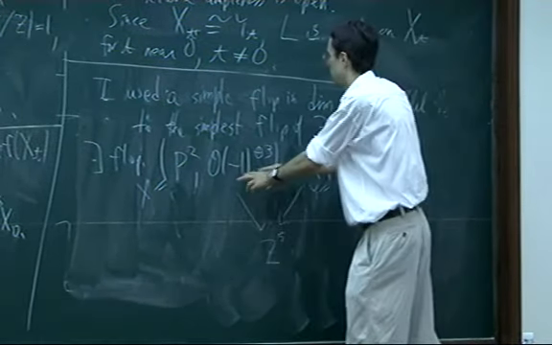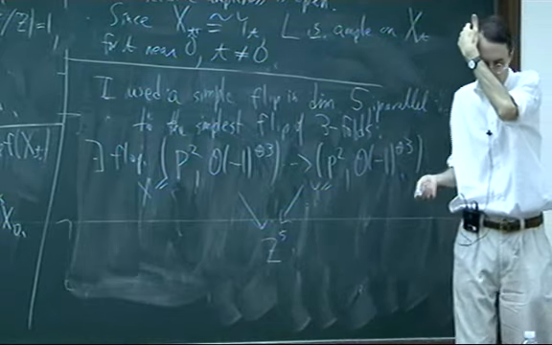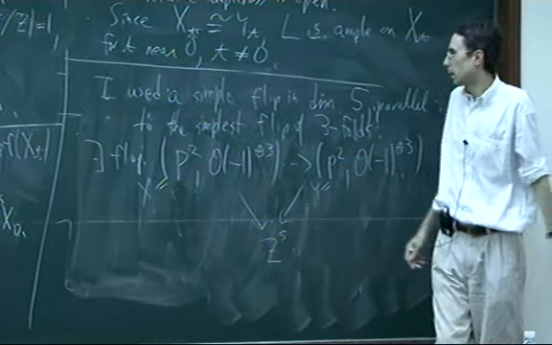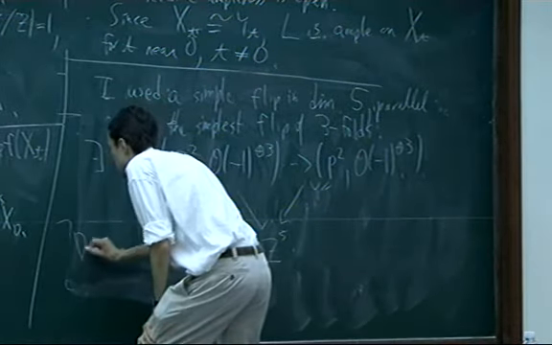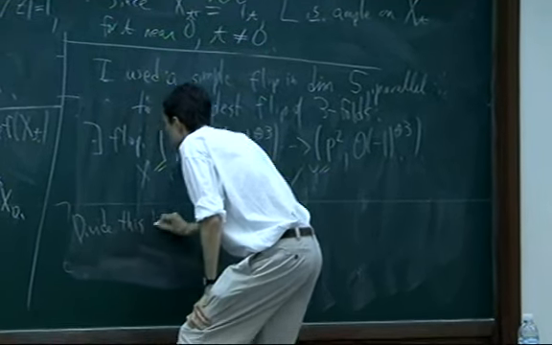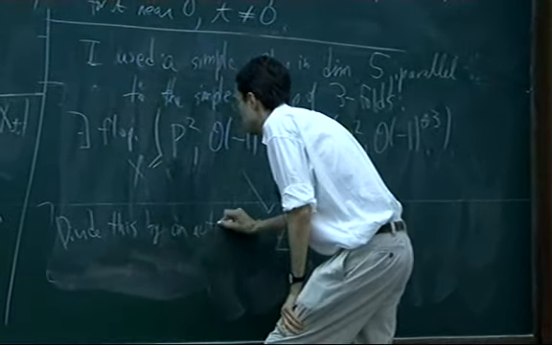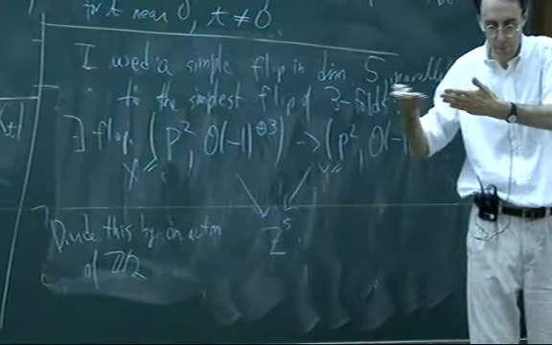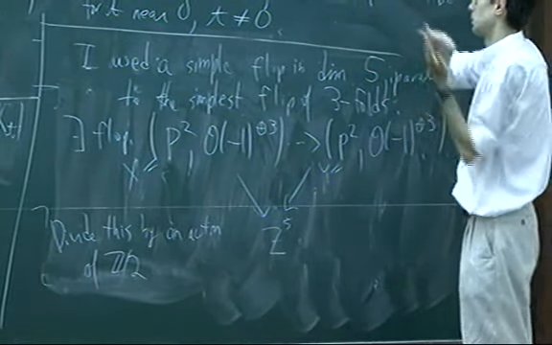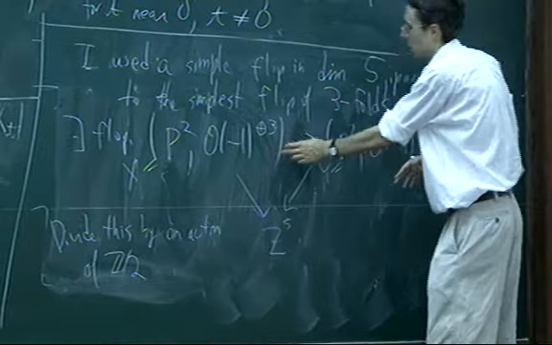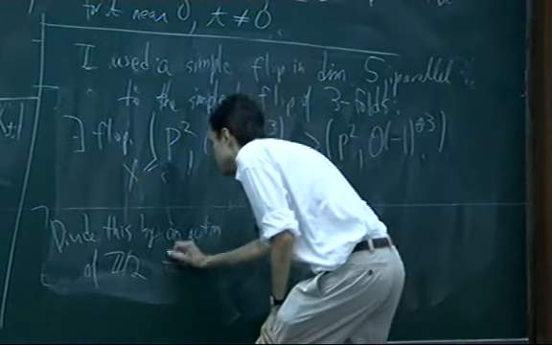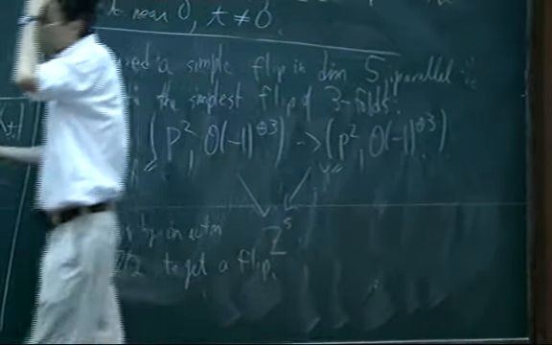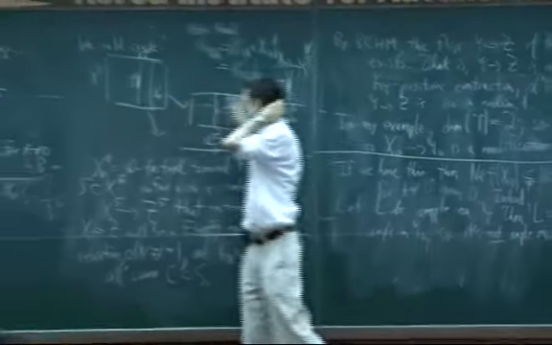Okay, time is short, so I won't write this down. But anyway, the simplest examples of flops have this form where you have a 5-fold containing a P2, and you cut it out and glue it back in a different way. And then I'll just say divide this out by an action of Z mod 2. Divide out by an action in a way where it's not free in codimension 1. It fixes some divisor that changes the canonical bundle in such a way that it turns this flop into a flip. And so that's about the simplest example of a flip you could find.